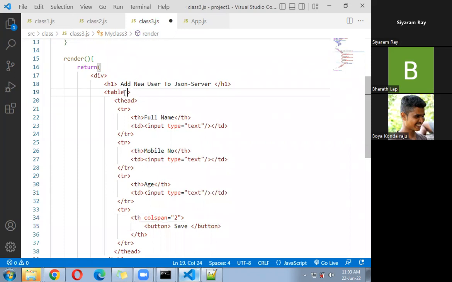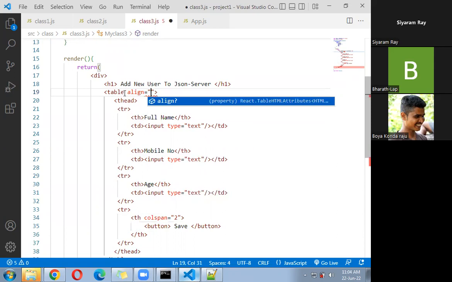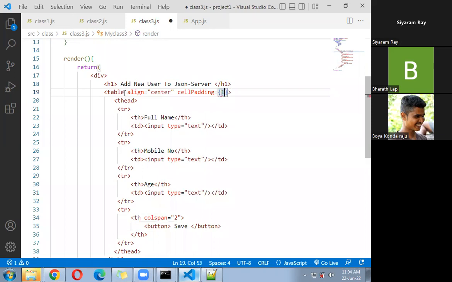For this table, you can keep align center. You will write cell padding 1.5 for this. H1 also you can keep align equal to